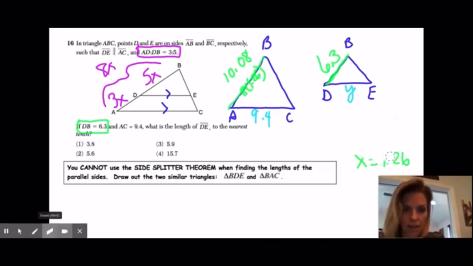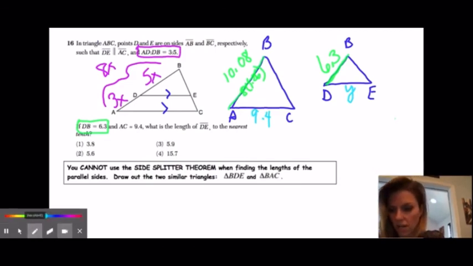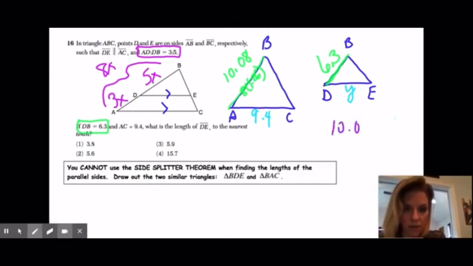And now look, I have two similar triangles, and we know when triangles are similar, your sides are in proportion. So we're going to set up our proportion. I'm going to do 10.08 divided by 6.3 equals 9.4 divided by Y. You could also do 10.08 divided by 9.4 equals 6.3 over Y. Either way, cross multiply, I get 10.08Y equals